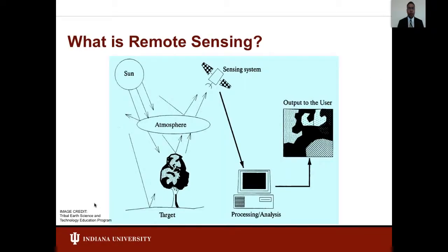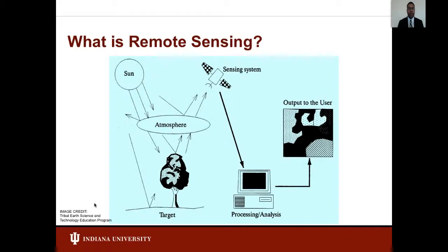The first requirement for remote sensing is to have an energy source, which provides electromagnetic energy to the target of interest. As energy travels from its source to the target, it interacts with the atmosphere. Once energy passes through the atmosphere, it interacts with the target depending on the properties of both the target and the radiation. After the energy has been scattered by or emitted from the target, a sensor collects and records the